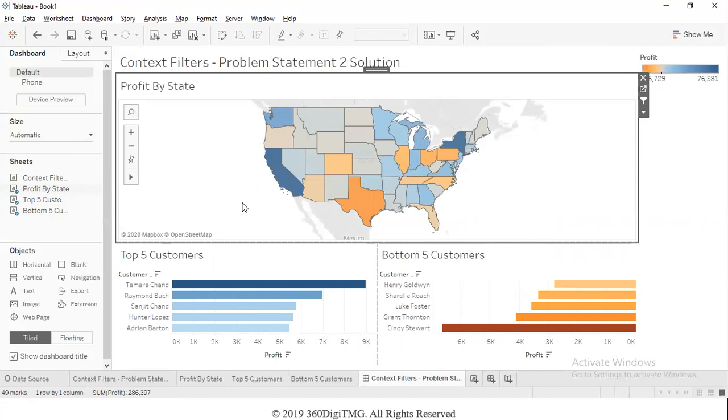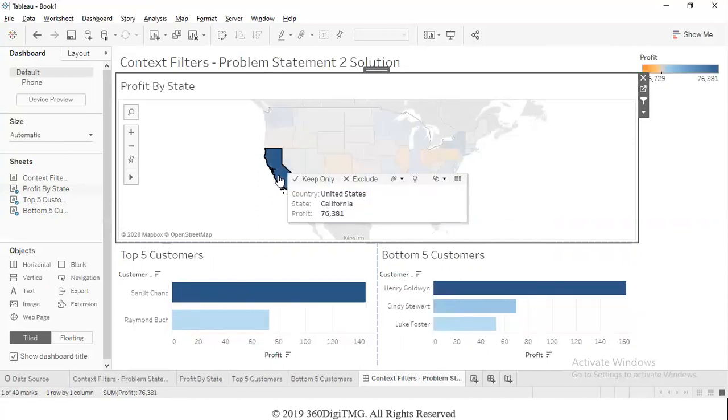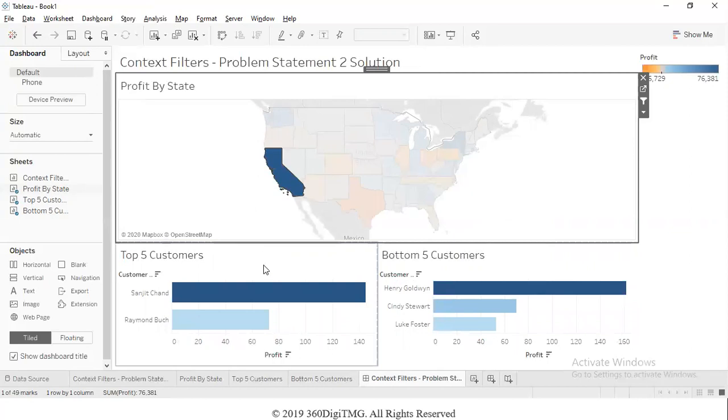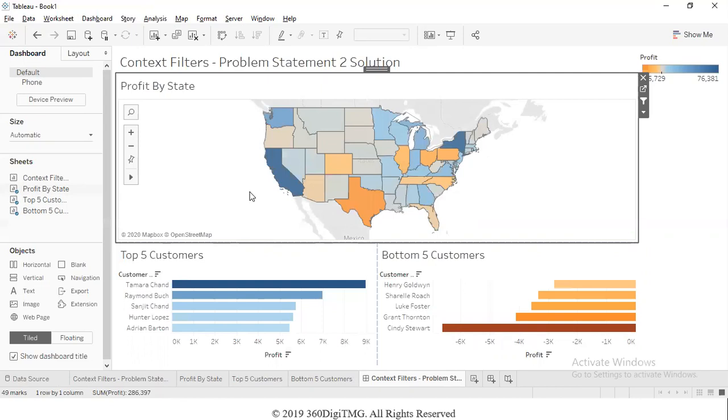The requirement is that when I click on any particular state, the top 5 list is supposed to get refreshed, showing me the top 5 of that state only. Bottom 5 should come up with the latest bottom 5 customers from that state. So how do we do it? Just like we discussed earlier, we simply have to add the state filter to context.